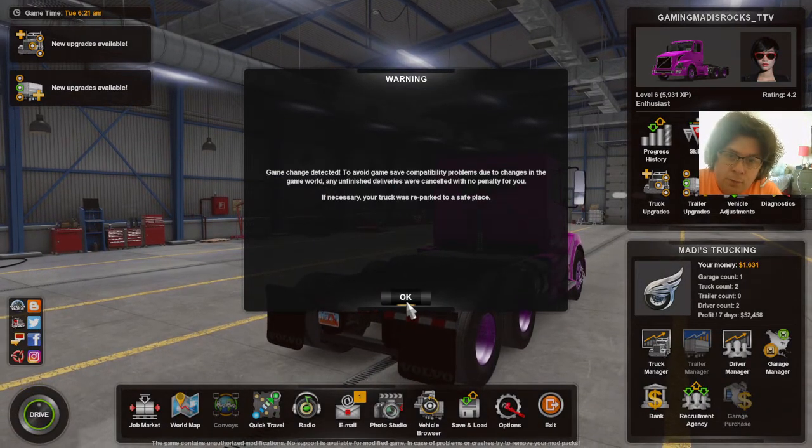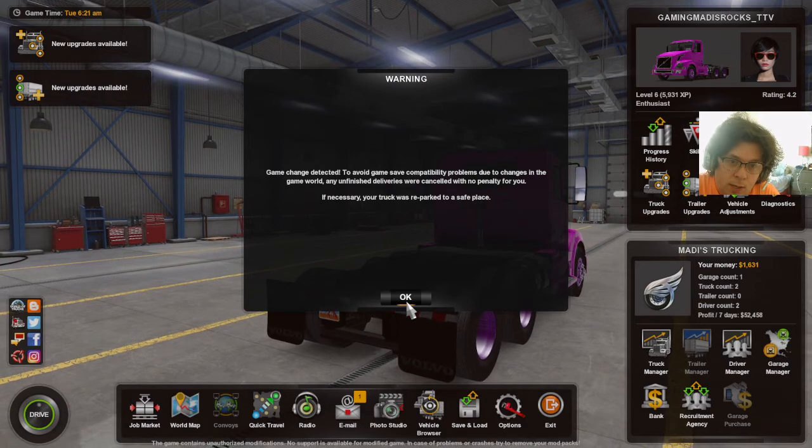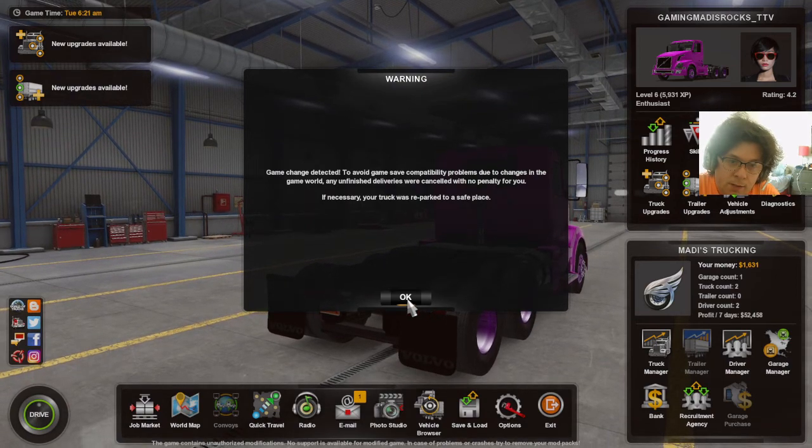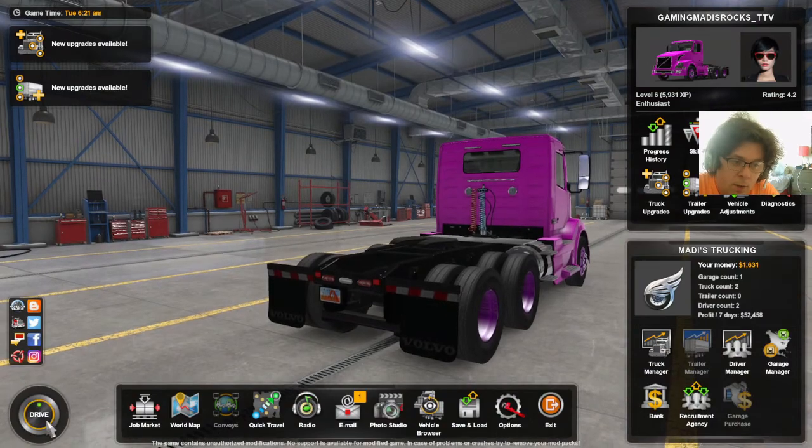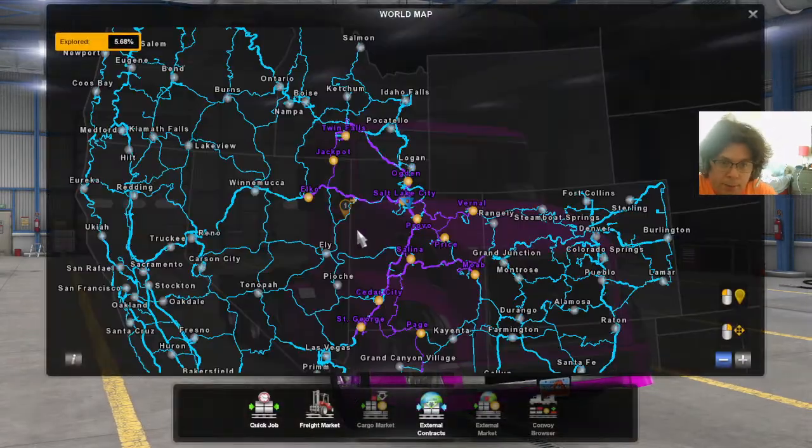So, to avoid changes, we have gone into... deliveries were cancelled with no penalties for you. If necessary, the truck was repacked to a safe place. So now if we go into world map,